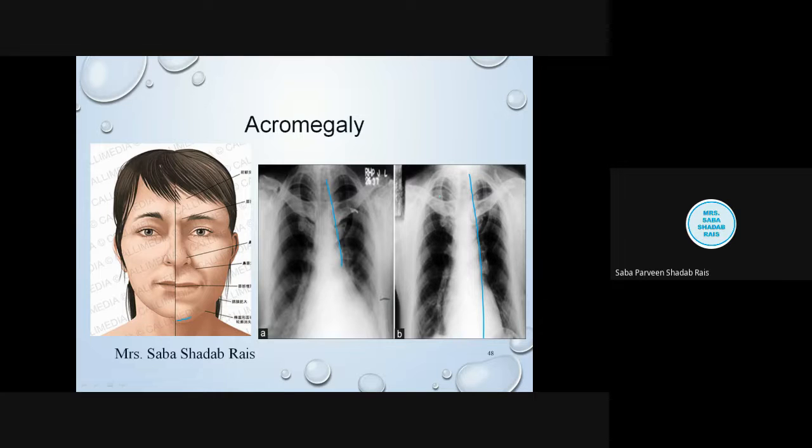Then see, subcutaneous tissue will also be affected. Now which is the subcutaneous tissue? The subcutaneous layer or subcutaneous tissue is the deepest layer of the skin. So where is it going to be affected? On the hands, feet, scalp. That means your head skin, except your face, is called the scalp. Then your lips, nose, skin, tongue, everything will increase in thickness.